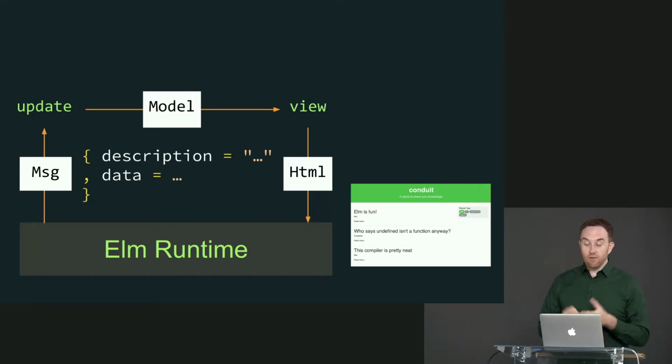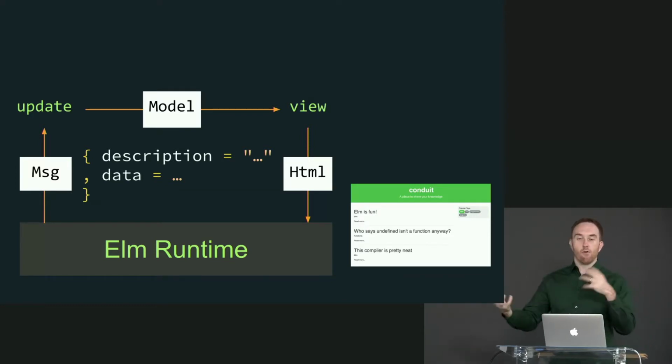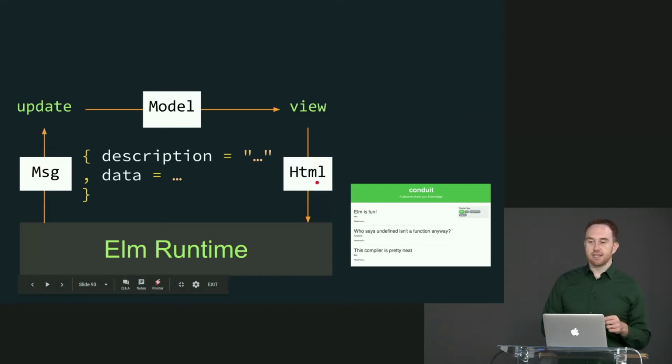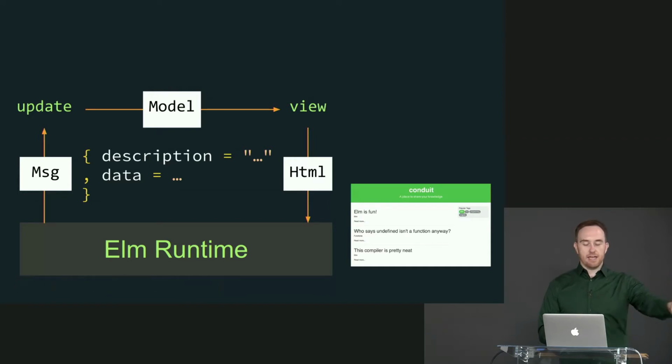Elm's able to do this very quickly, fortunately, because one of the great parts about the virtual DOM is it's able to diff the before and after of the description we used rather than actually mutating the DOM every time. So when it gets this HTML from view, it's going to say, oh, I see that we have had this as our previous example of how the page should look. And then I see that based on the new model, we have a new description of how the page should look. It can very quickly run through those and just diff them